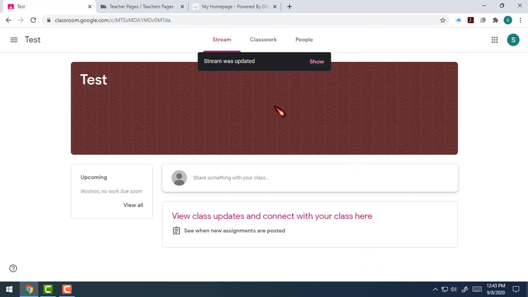If you don't see that, because there's no exact rule of how quickly that shows up. Sometimes it's in a second, sometimes it takes a minute, but we also have this refresh button. It looks like a little circular arrow. That's called the refresh button. That's another option that you could click anytime to see if the stream or the classwork or anything has been